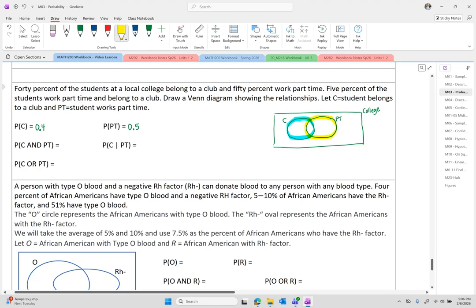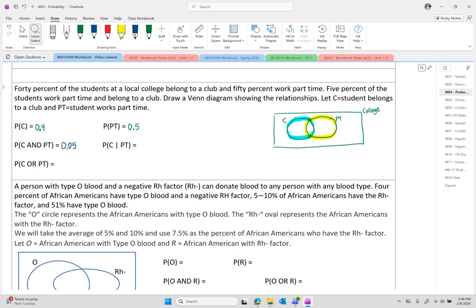And I don't know the individual percentages that will go into these three separate areas. However, they told us that 5% of the students work part-time and also belong to a club. So now that I know that,